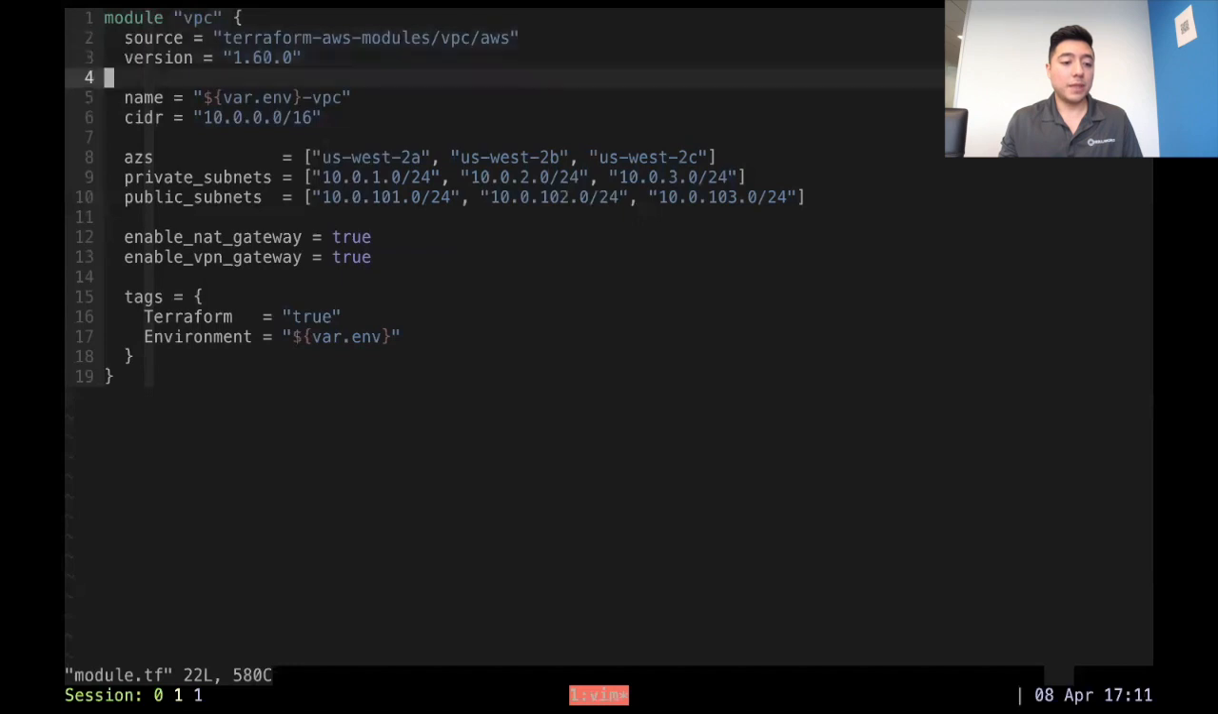Cool. So let's take a quick look at these inputs. You can see that this module takes a couple of inputs: the name, the CIDR block, the availability zones, as well as private and public subnets, and whether you want NAT gateways in there. So we provide custom values for these inputs. In this case, I'm naming my VPC a specific name. I can define the CIDR block. I can also define what availability zones I'd like to use, as well as how I want to segment my